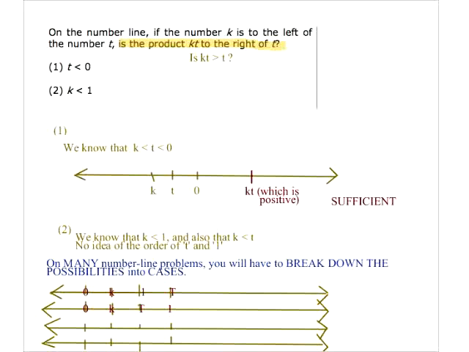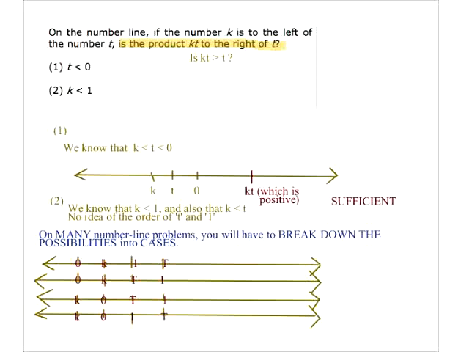One possibility is that k is negative and t is less than 1. There's even more possibilities of this too. One possibility is that k is negative and t is greater than 1. And a fifth possibility is that k and t are both negative. And to boot, there's even more possibilities than that, which is the crazy part.